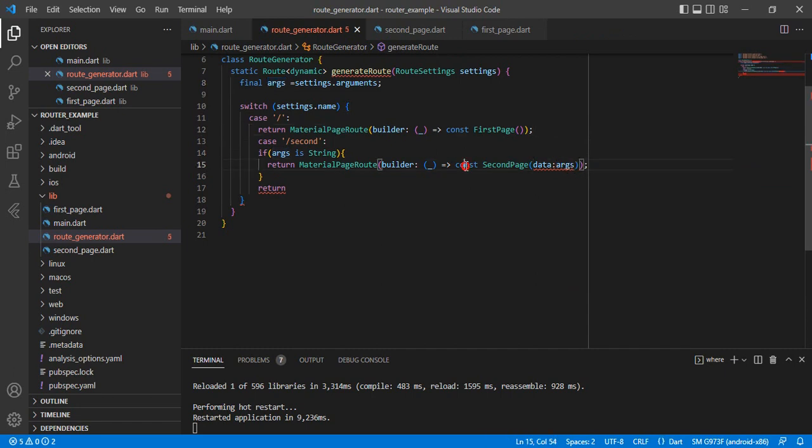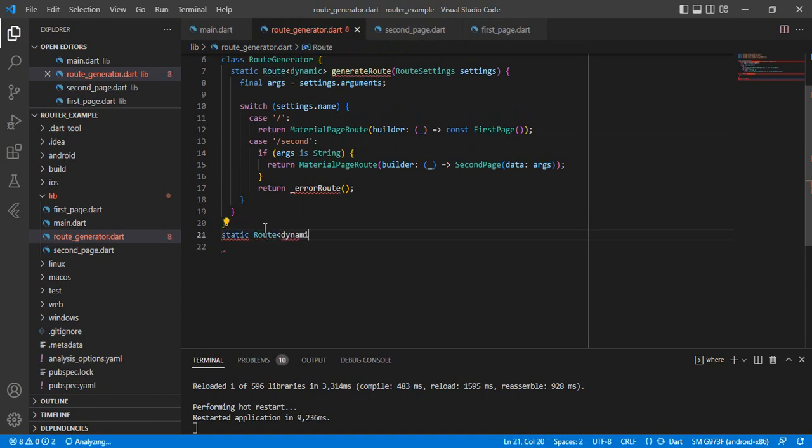Whenever the argument is wrong, then we return to the error route. All right, and then create the error route, static